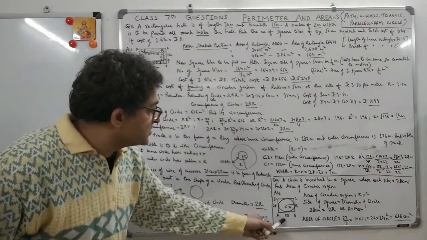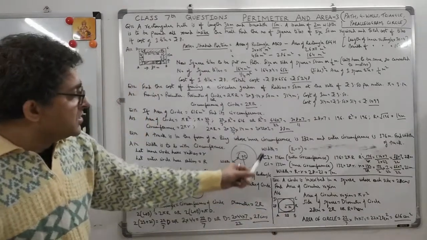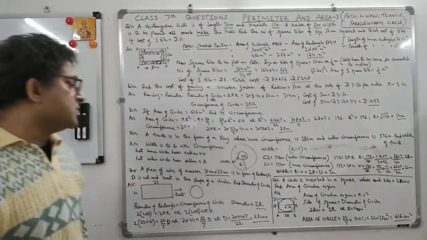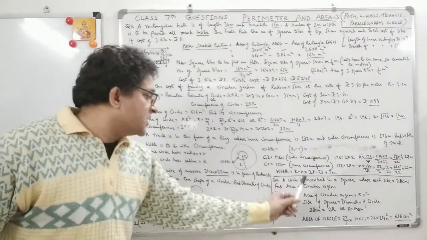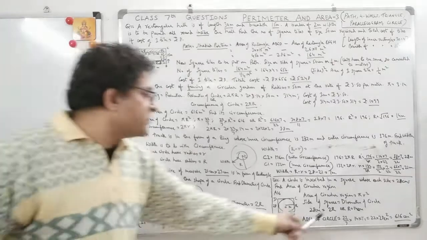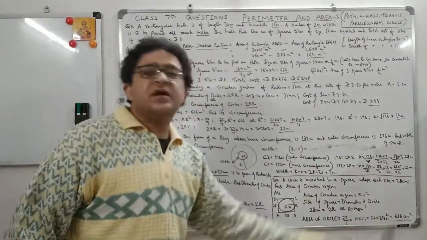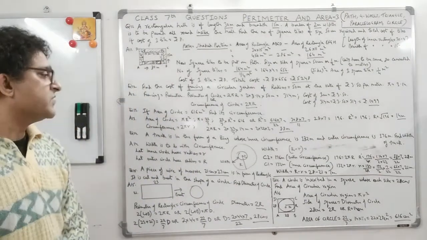So this is the side of the square, and it is also the diameter of the circle, which means what is the side of the square? 28, which is given to you. So 28 is equal to 2 into r, because diameter is 2r, and r is equal to 14. R is equal to 14. So why do we need r? Because we need the area of the enclosed figure, which is a circle.